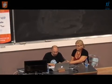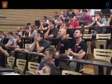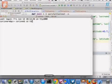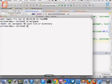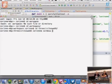So what is easy with Cordova is just installing the Cordova, your Cordova Workspace. So here we are in our project. Cordova gives you command line tools that are based on Node.js. And what you have to do is just to create